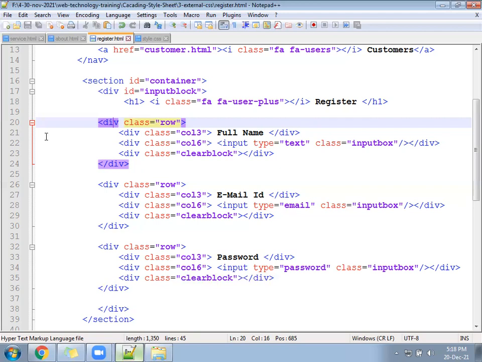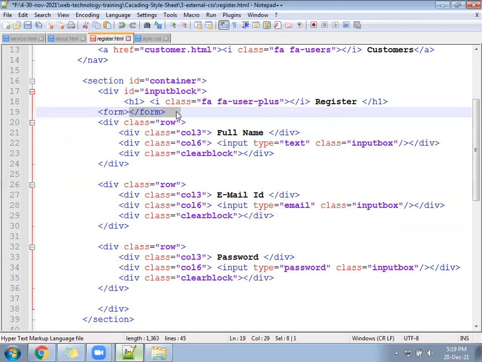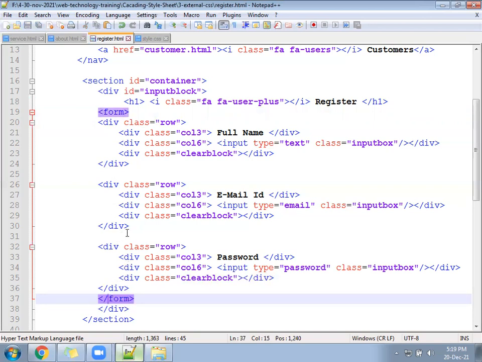In that case, you can use form also, if you want to. Open the form here and close the form here. There is no role of the form in this design. We are not learning functionality, we are learning design. Open the form and close the form, and see, are you finding any difference? First do that. Then find, are you finding any difference without form and with form in design? In design, do you have any difference with form and without form?